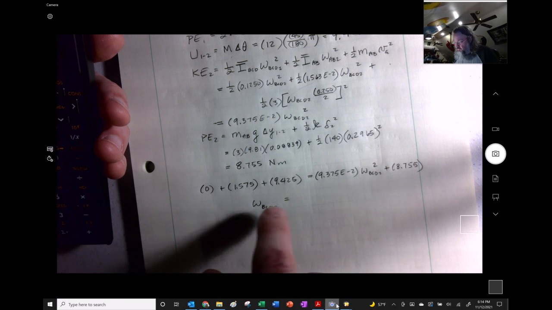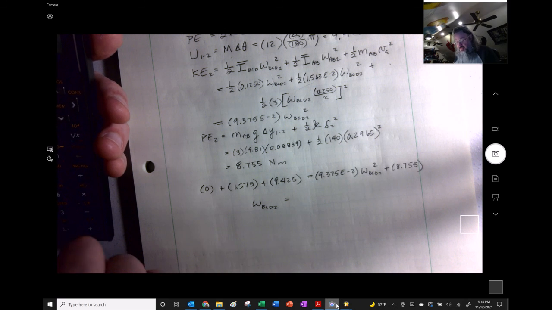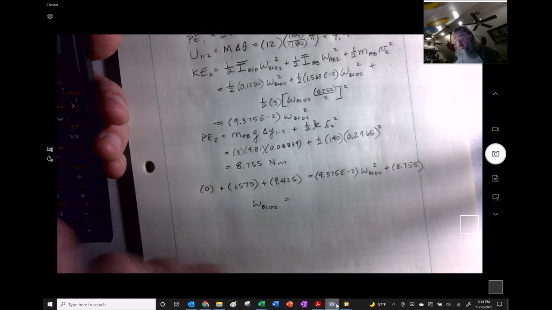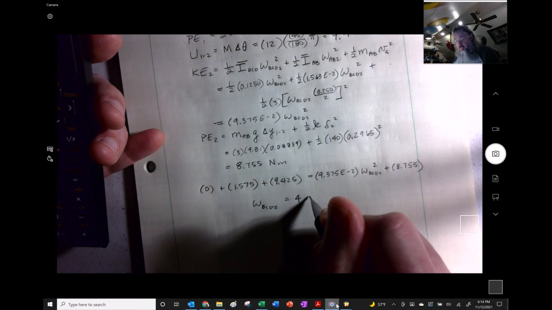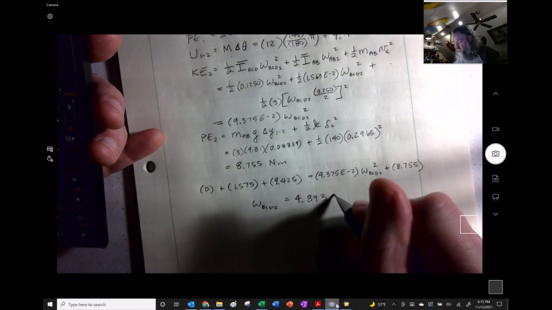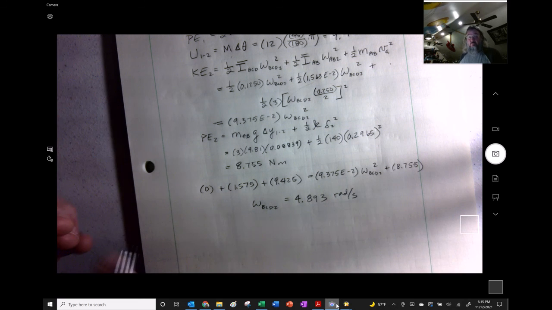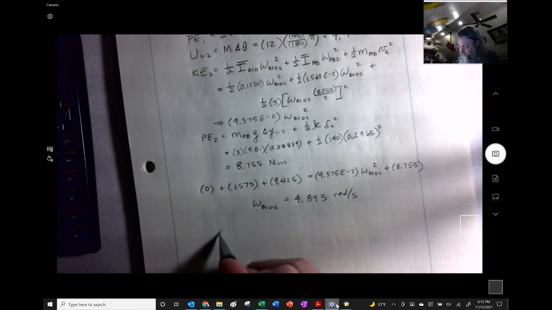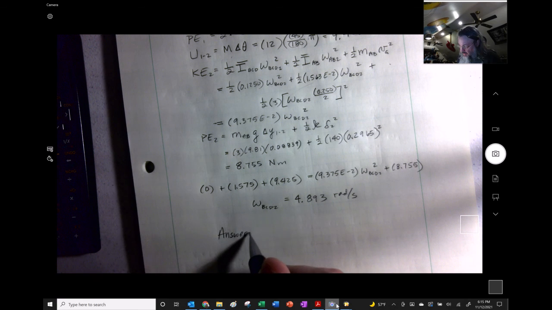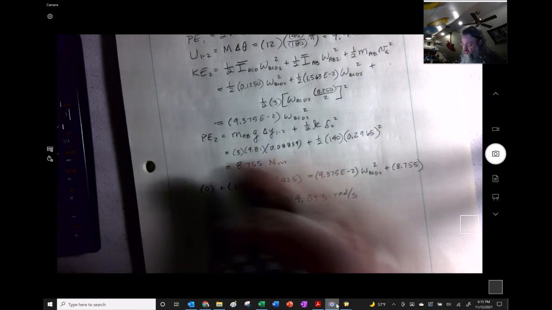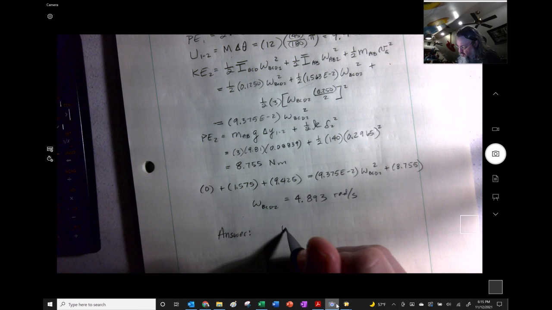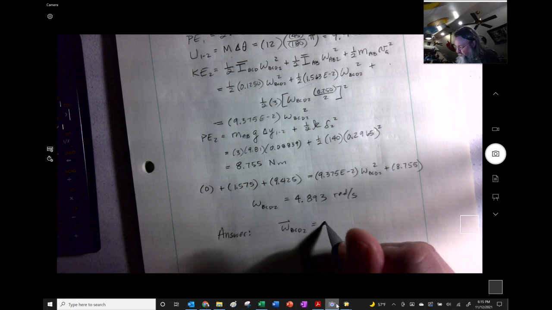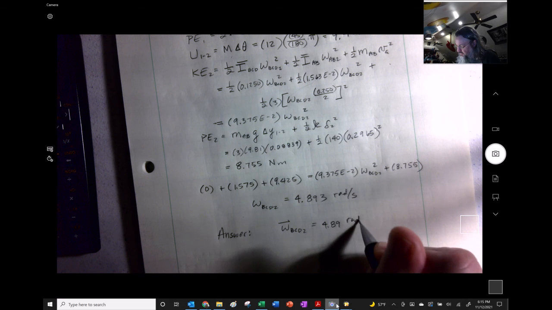Nope, gotta punch him in. 9.375 E minus 2, and I have to divide it and square root it, and we get 4.893 radians per second. This is also one I could do a dynamic simulation in SolidWorks on if I wanted to, but not today. Answer. Boom. Omega BCD 2 is 4.89 radians per second,